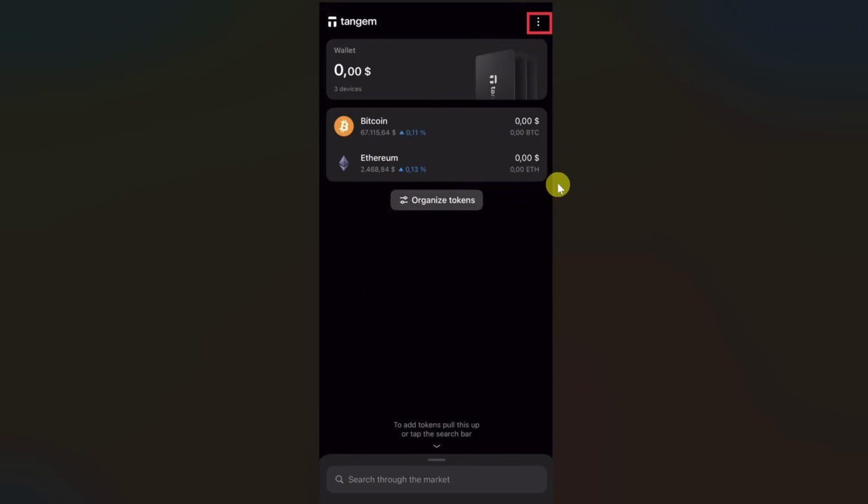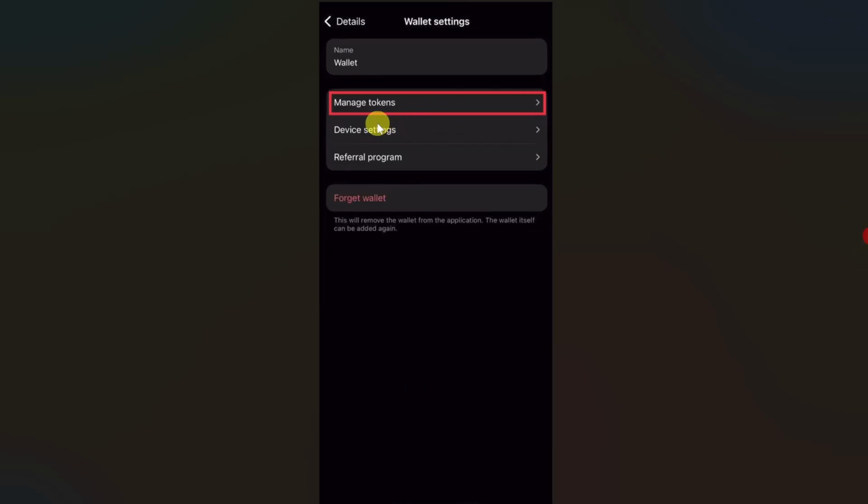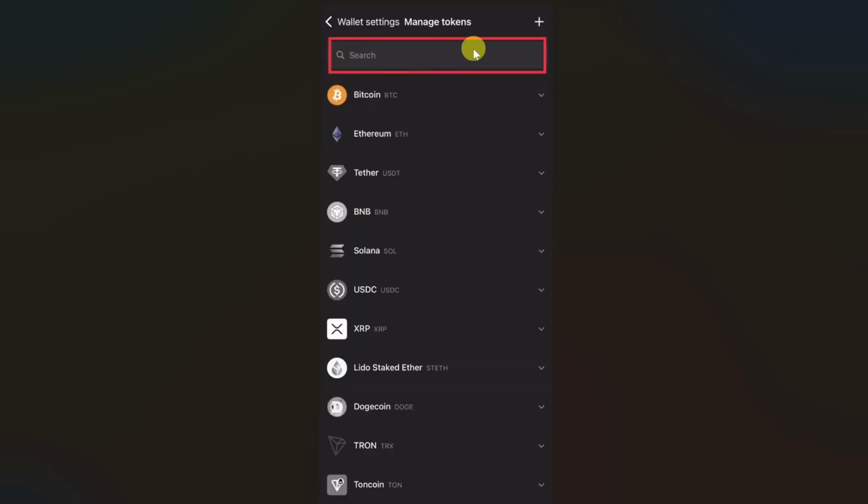The process of adding the cryptocurrency in your cold wallet is similar for all of these wallets. So you just have to find the settings or menu page, and from here select your wallet and then click on manage token or manage cryptocurrencies. It will depend on the wallet that you are using, and then you have to search for the cryptocurrency